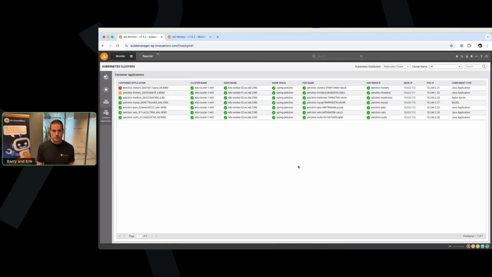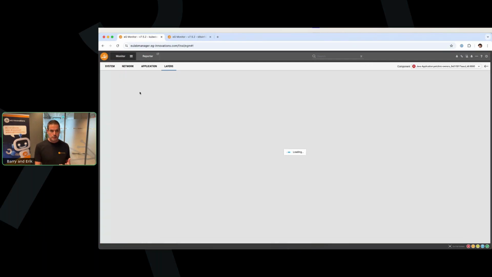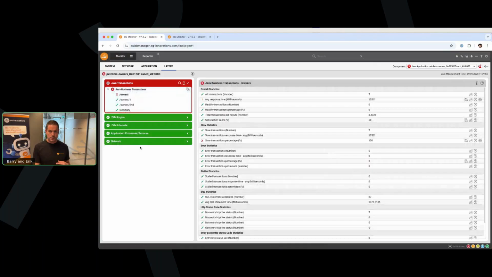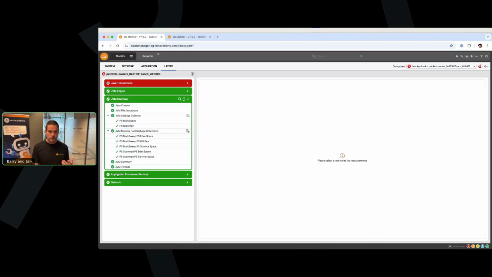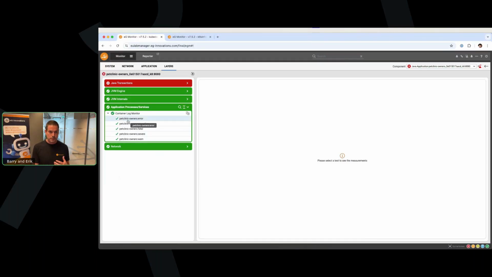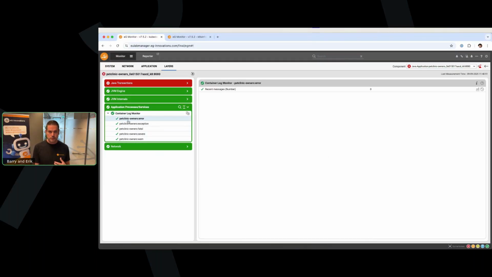MySQL database, but also that we can look inside what's happening in an application server like a Java application. So now just clicking on that Java application, you can see that we really understand the application that is being used. So we show if the application itself is healthy. We can also monitor the log files. So if there are certain issues within the application or in the container, then we can automatically find those issues and present them to you.